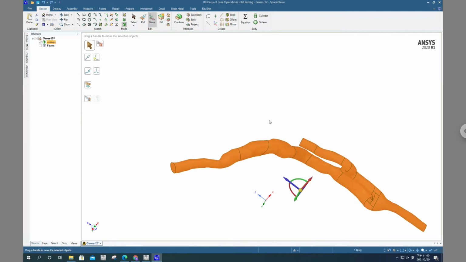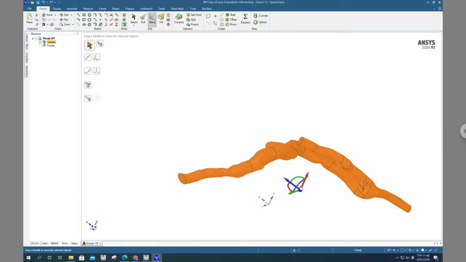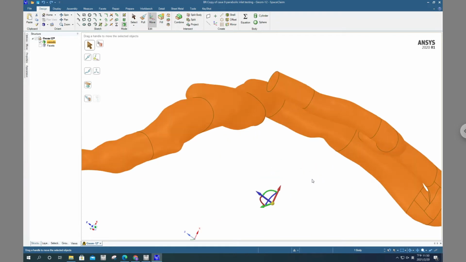Today I'm going to show you a quick tutorial on ANSYS SpaceClaim, and this tutorial is based on how to align your object to the origin. So first you click your object, and here I named my object vessels, and then you click the move tool. Place the origin of the move tool on the face that you want to align. For example,